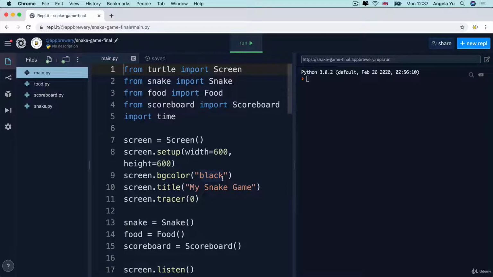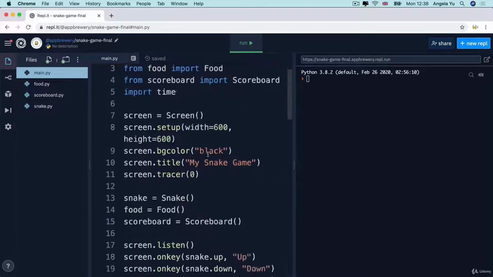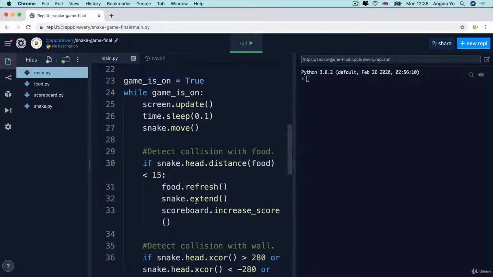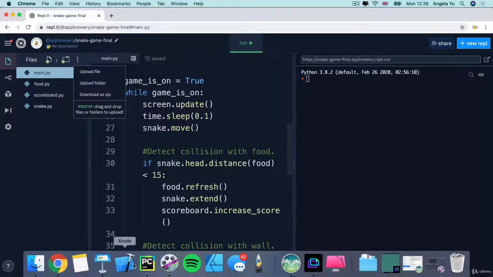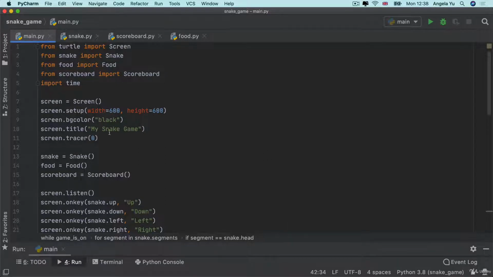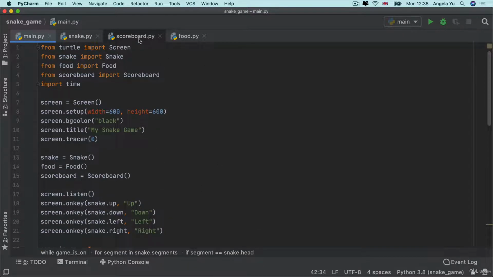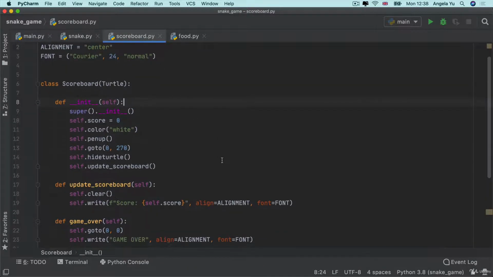Now, if you can't find your snake game project, or if you've made some significant changes to it where it might be confusing to follow along with the tutorial, then simply head over to this URL, which is in the course resources, and then you can go ahead and hit download as zip, unzip the downloaded file, and then open it inside PyCharm, and you should end up with the same project as I have here. And once you've done that, then we can begin to start adding the functionality to keep track of the high